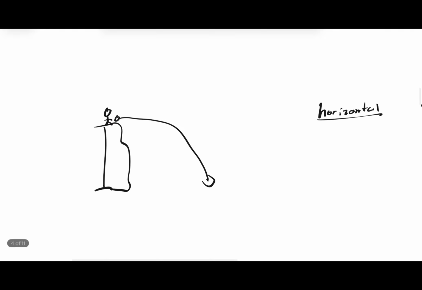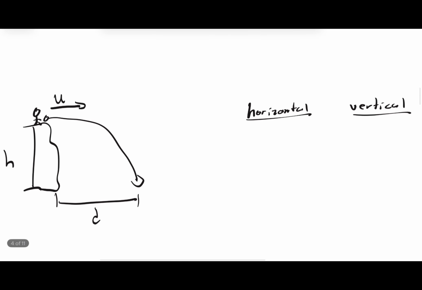There's a height, or let's say you can say a cliff. Let's say it's a mountain, okay? And there's a person up here, and he throws a rock down the hill, okay? At, let's say, a horizontal initial velocity of u with a height of h, displacement of d, and what you want to know